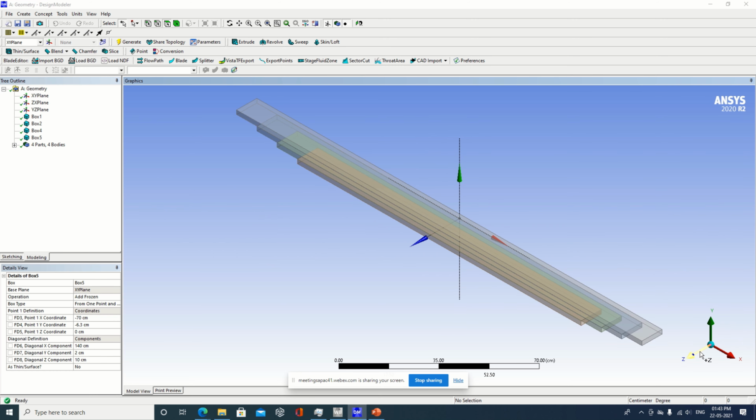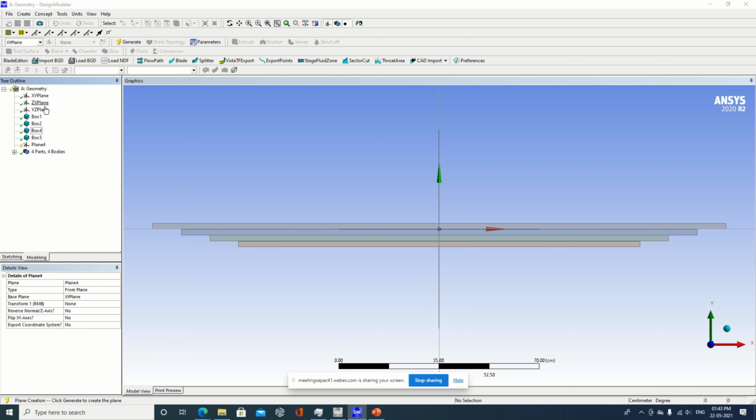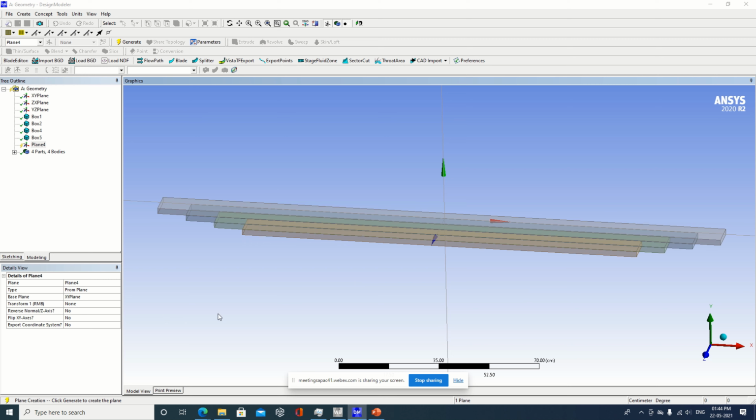Now the way we performed operations earlier, similarly we are going to perform the operations here. So I am creating one more plane here. Now I will select a base plane for this. How do I want to cut? I want to cut along y and z. So that's why I will select y and z here. So I have made it apply.